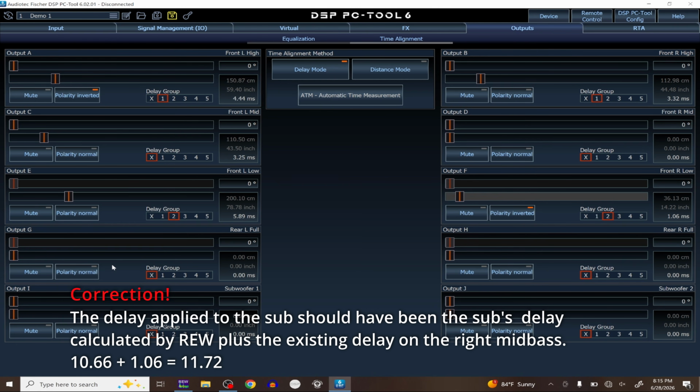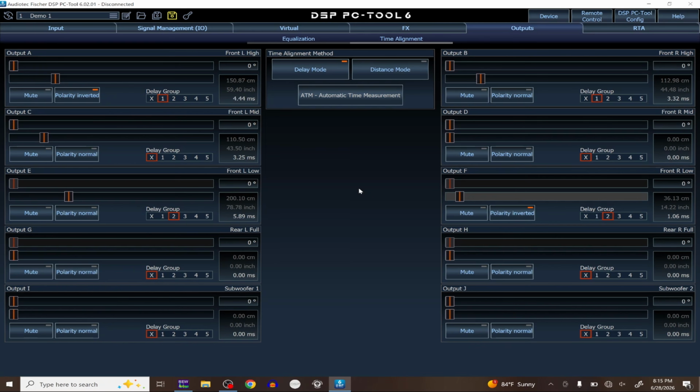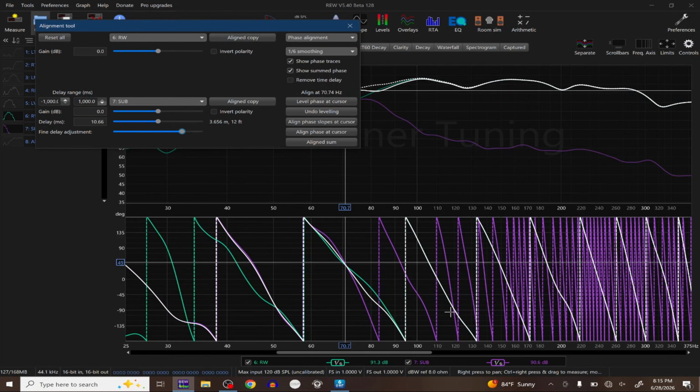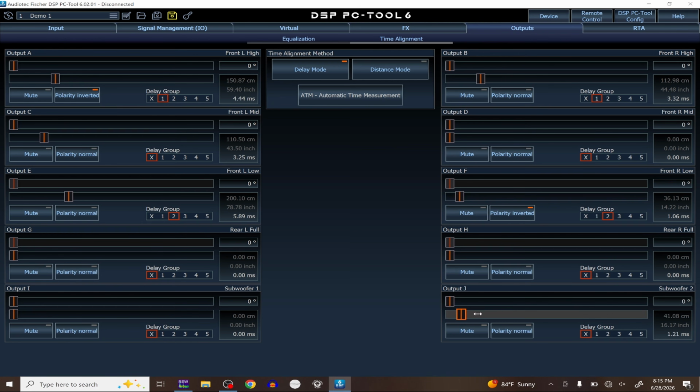So the subs, well, this one is not my actual preset. I have my two subs linked with the same input, but the way that this will work is, you just set the delay here at 10.66, right here, assuming that this is a sub. And 1, 2, and that's it. You're in time,